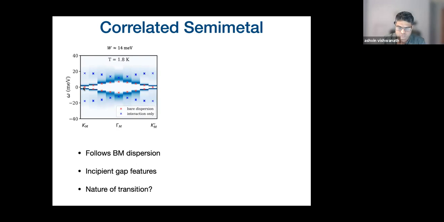Okay, but at least from this particular spectrum, that's not what seems to be happening. It's not like this is losing spectral weight and you're getting some kind of a small gap that then increases. It seems there's already spectral weight transfer to begin with. So maybe there's a different way in which this transition is accomplished. Maybe it's first order. We don't quite know. That's one of the things for future work.